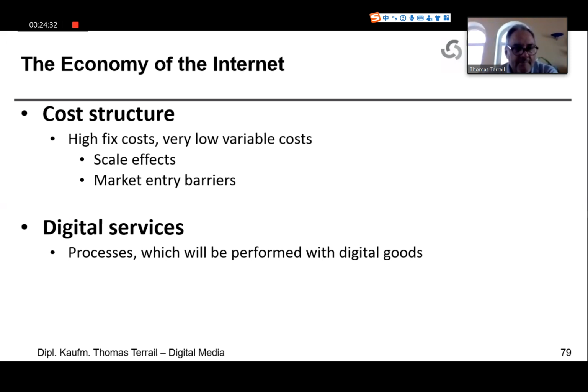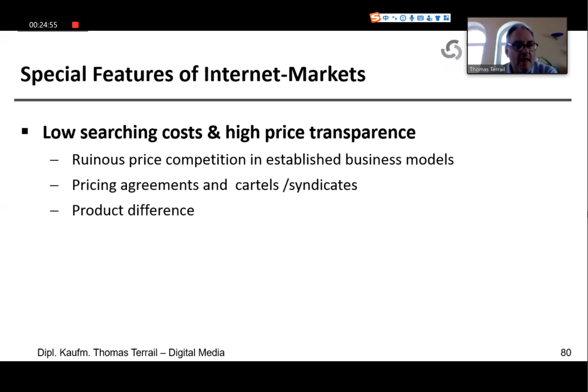So what else? Digital services. So these are processes which will be performed with digital goods. So digital services can be a cloud, for example, a portal, an online shop, whatever. These are processes. So the searching costs are normally low, and the transparency, yes, it's high. So what we have normally,